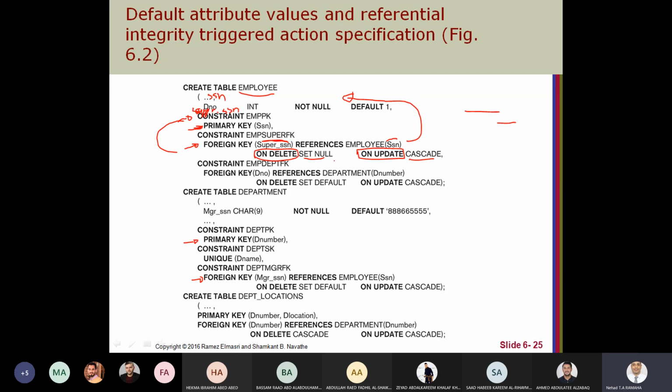On delete, set null means if I delete employee number 5 and there are some employees whose super SSN is 5, it will be set to null. Maybe this is not clear because it's recursive here.